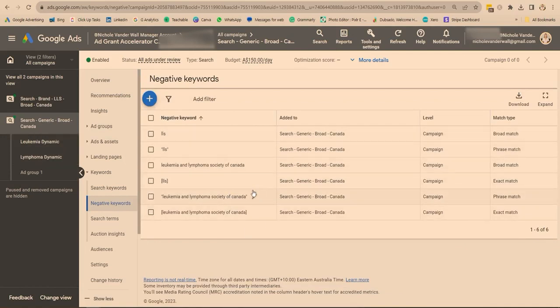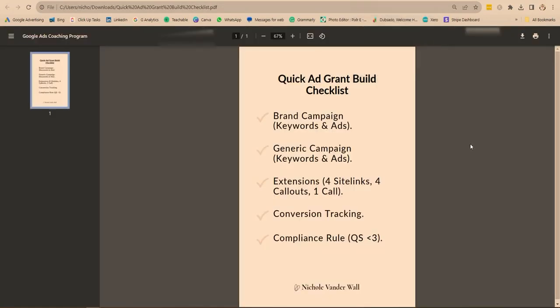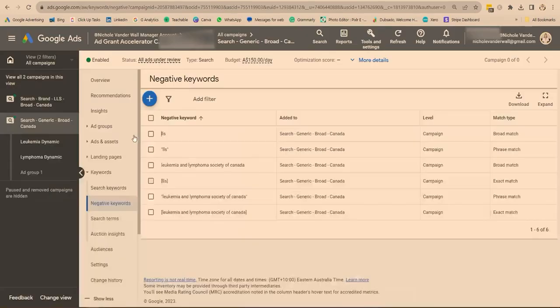Okay, cool. So now we have quickly created our second campaign, which is going to be our generic campaign. Instead of choosing keywords, we chose categories, and we crafted the advertisements or created 2 dynamic descriptions for each of the ad groups. So now we need to move on to the extensions, and I recommend for the extensions that we always add at least 4 site links, 4 callouts, and 1 call extension if people are able to call your organization. So now let's jump back into the account,